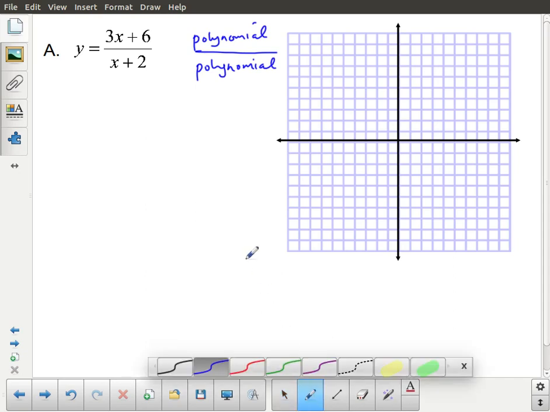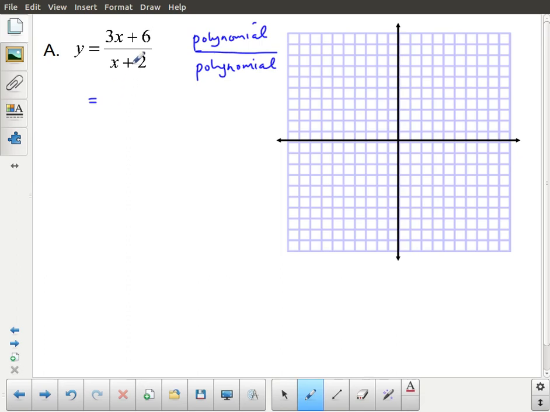So let's look at the rational expression we have here. And the first thing I'm going to point out to you is that the numerator and denominator, they look kind of similar to each other. And since this is division, one of the key concepts you're going to want to keep in mind when you have division is going to be common factors. If I can factor this numerator to result in a common factor between the numerator and denominator, that's actually going to help my case a great deal. In this case, I can take a common factor of 3 out from the numerator,